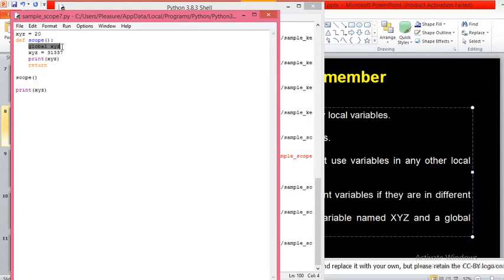Then there is only one variable, xyz, which exists in the global scope. That same variable is now changed to 31,337 in the function. Then this print statement will print 31,337. Then when it comes to this xyz, this print statement, what is the new value of xyz?